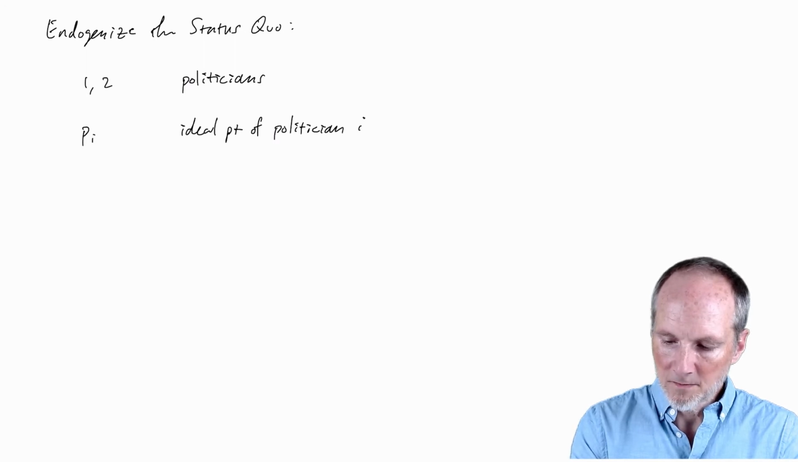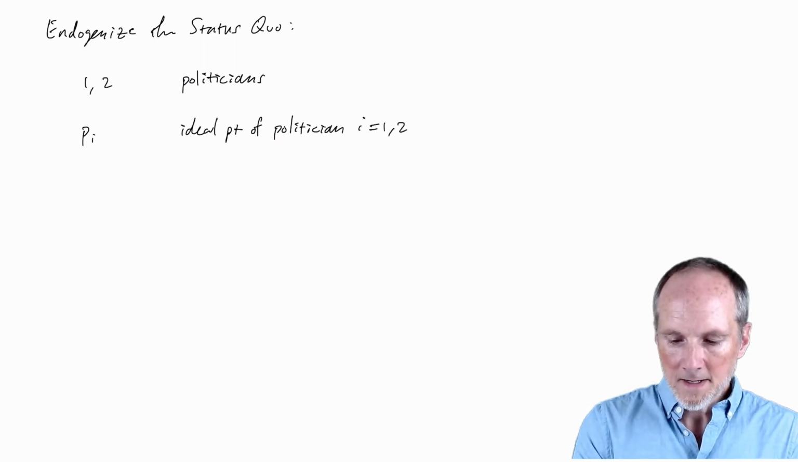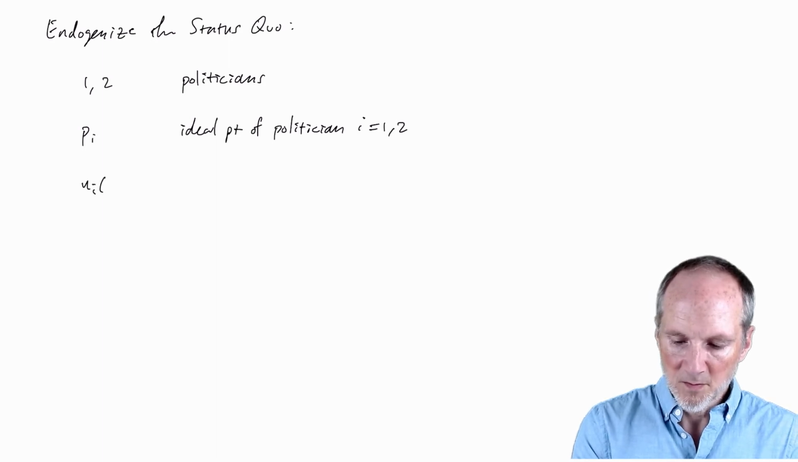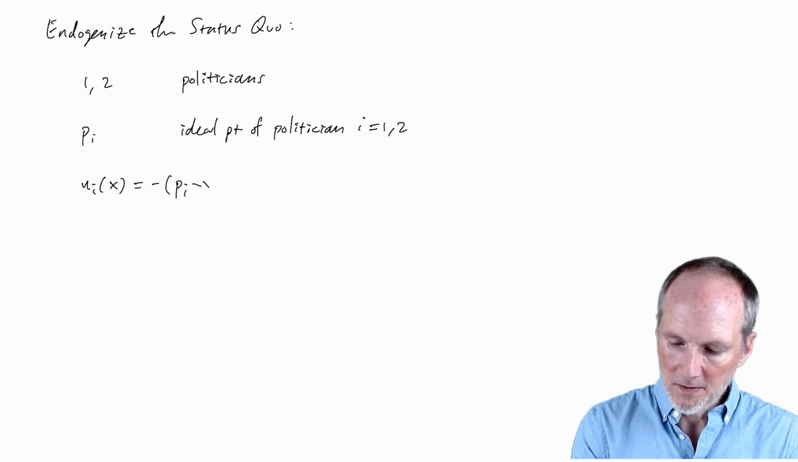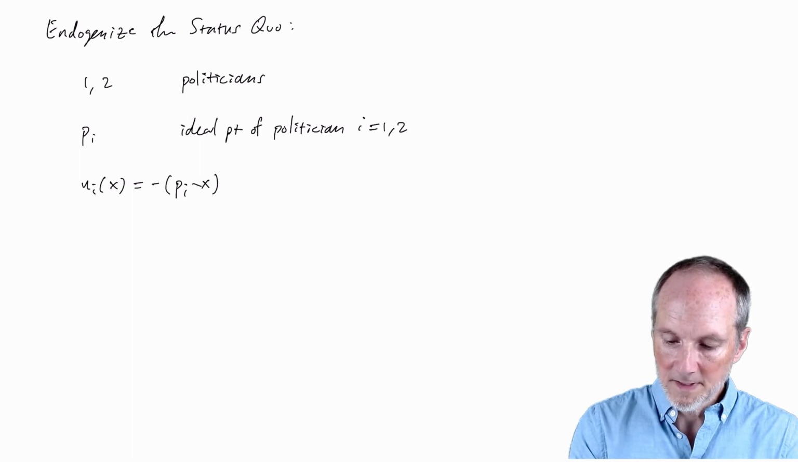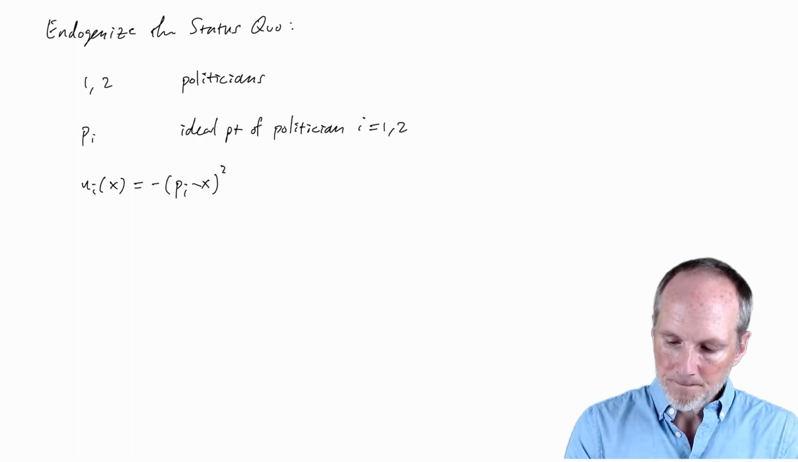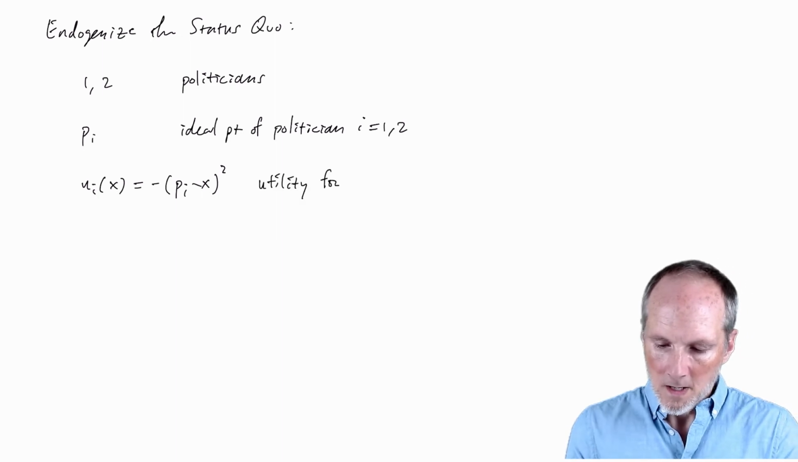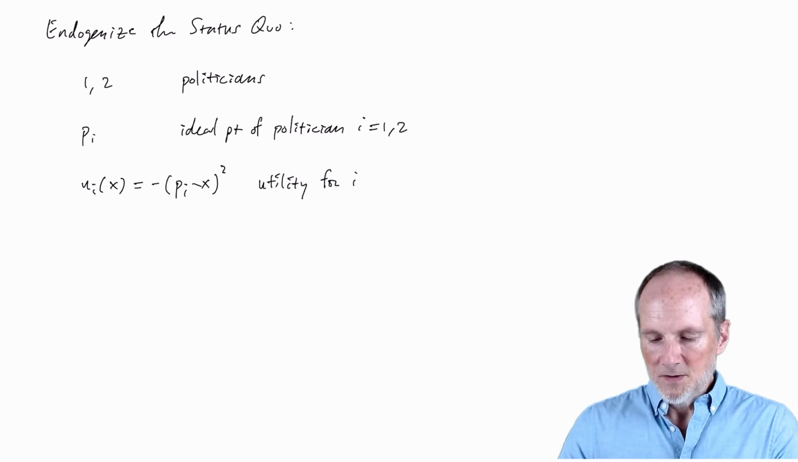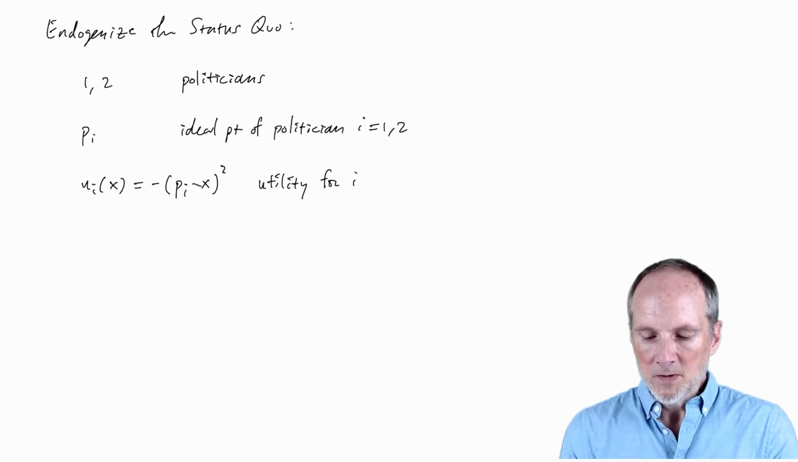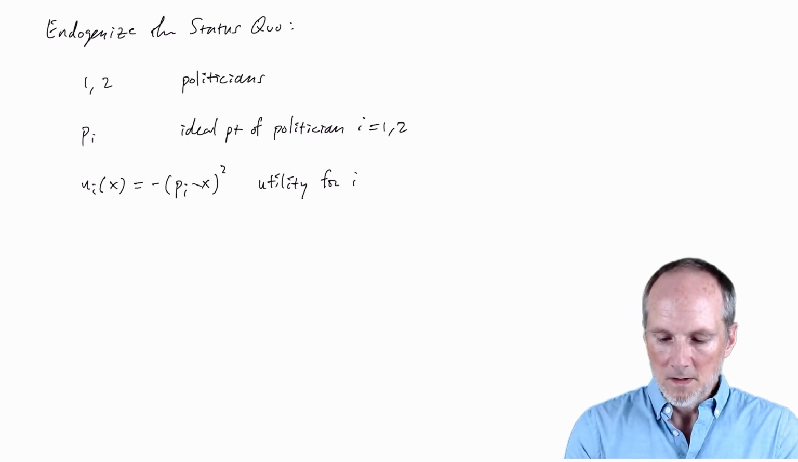Where i ranges over 1 and 2. And we'll assume quadratic utility for both guys. So for person i, the utility from x is pi minus 1 times pi minus x squared. Okay, so now I have these two politicians, and I'm going to assume that